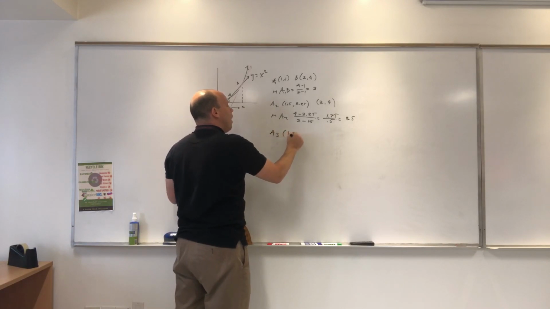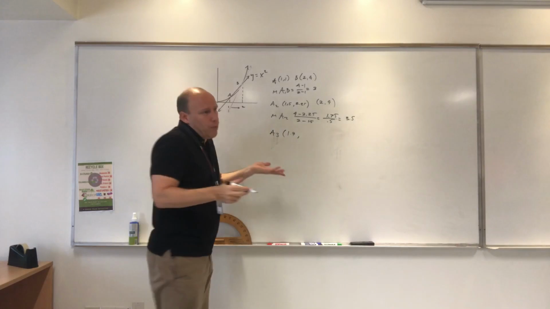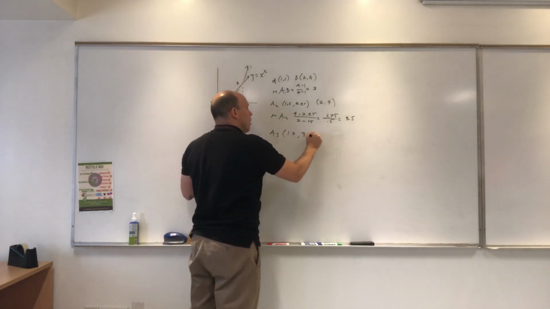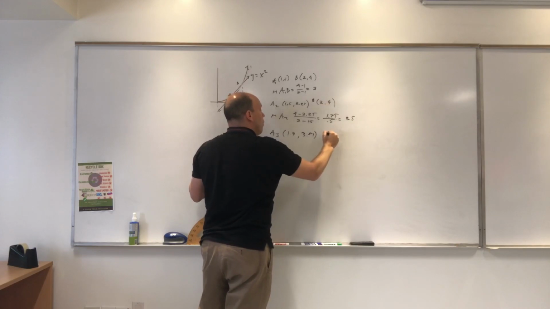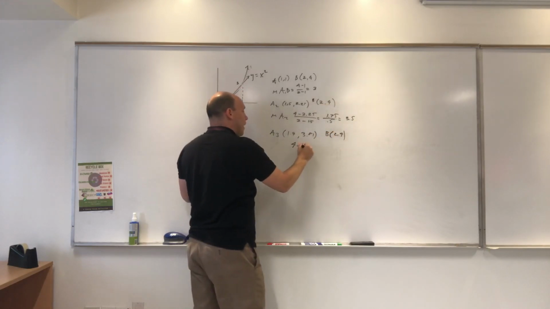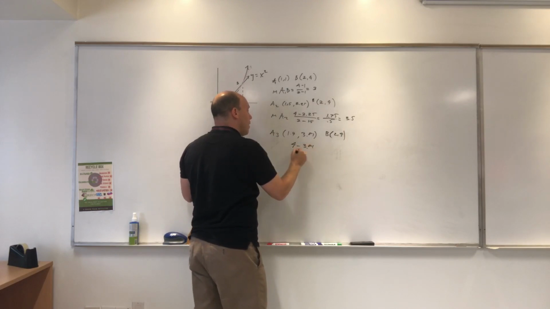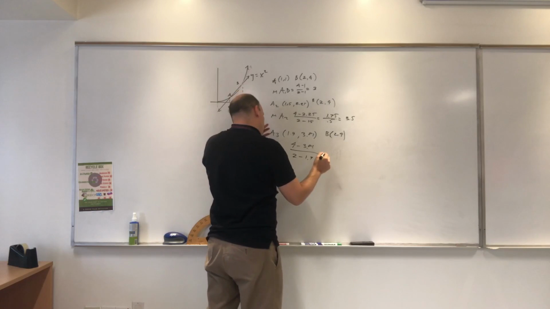So we had 1.9, and what's 1.9 squared? It's 3.61. And B is still 2, 4. We're getting closer. So we have 4 minus 3.61 divided by 2 minus 1.9, and we have